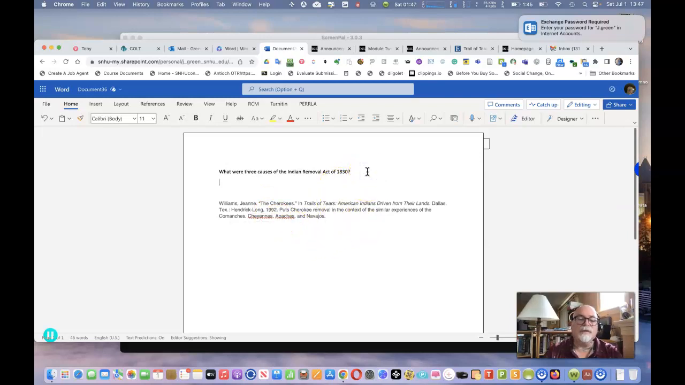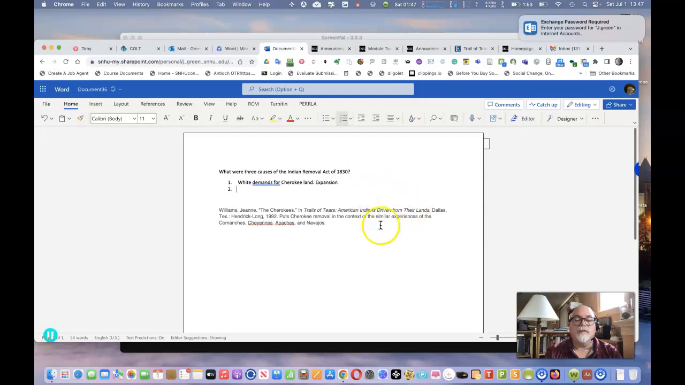And so, what were the three causes? Well, one was white expansion. There's one. So what we can do is try to find what answers the question, what were the three causes? Now, once you find the three causes, then we can write a thesis statement. But one we know was this, one was